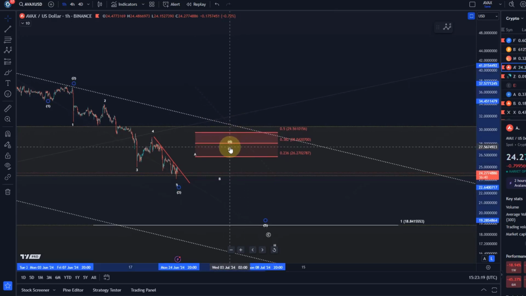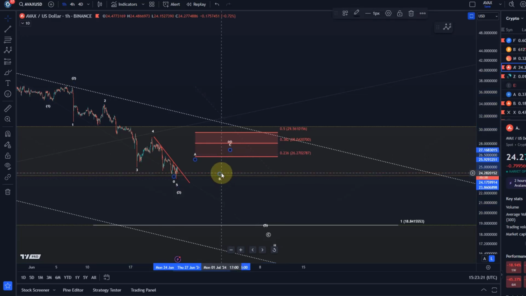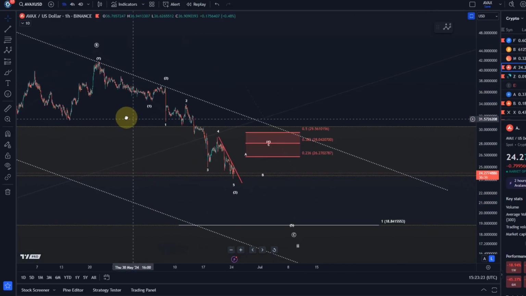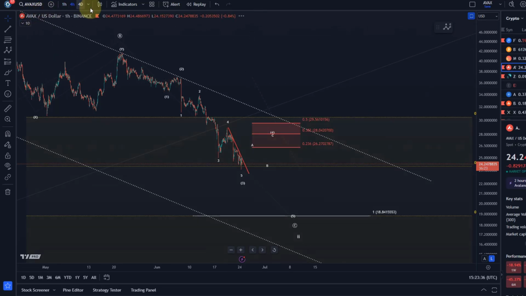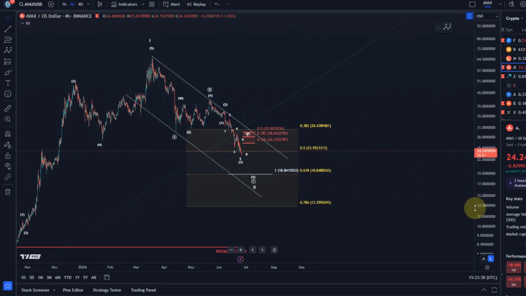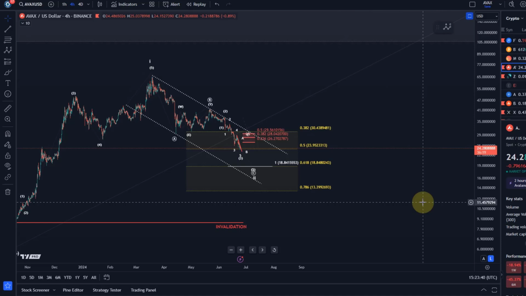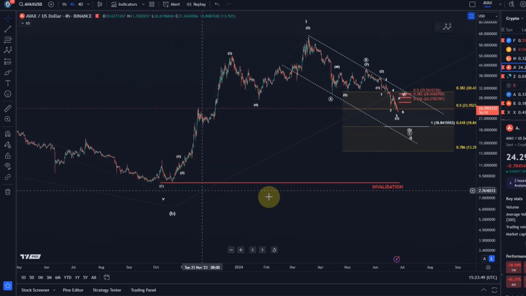It hasn't started yet, or at least it's not clear that it has started, if it has started. But this is something to watch for. And then one more low could target 1880. We can specify that a bit more precisely as soon as we have really a top in place for wave 4. That's how I see AVAX at the moment. Important is that there is no low in place until we see a first 1-2 setup to the upside. Bear in mind, these are sometimes very small, as this one down here was,